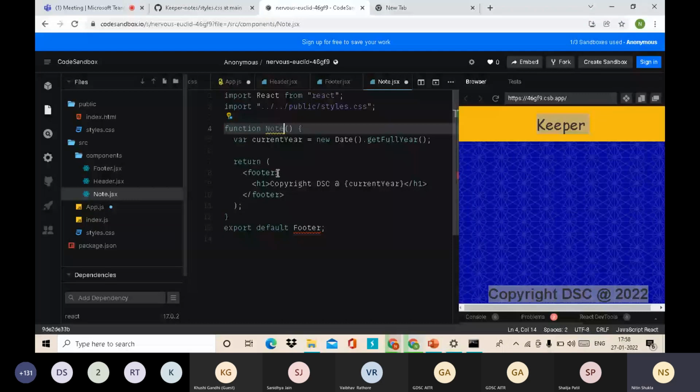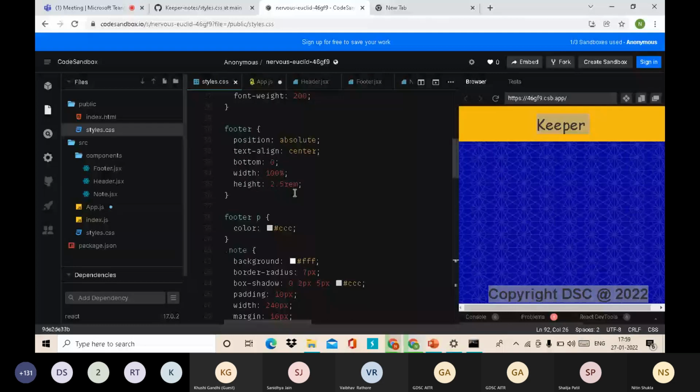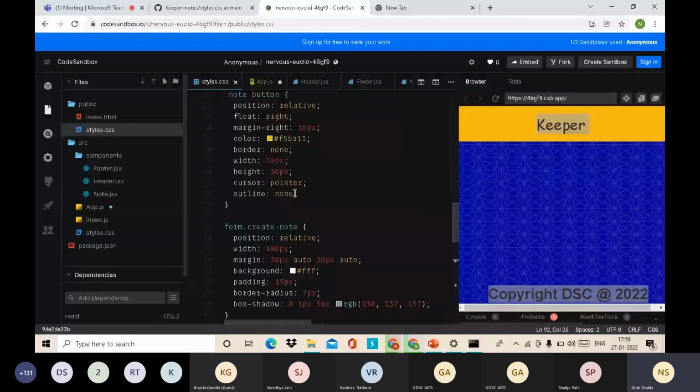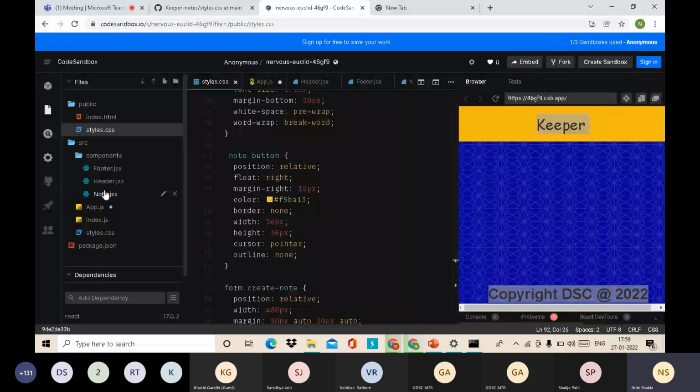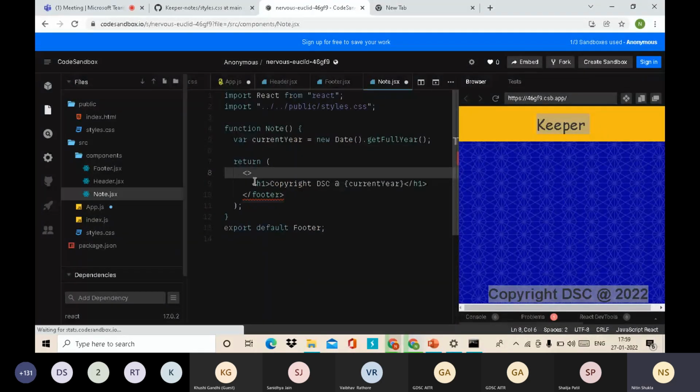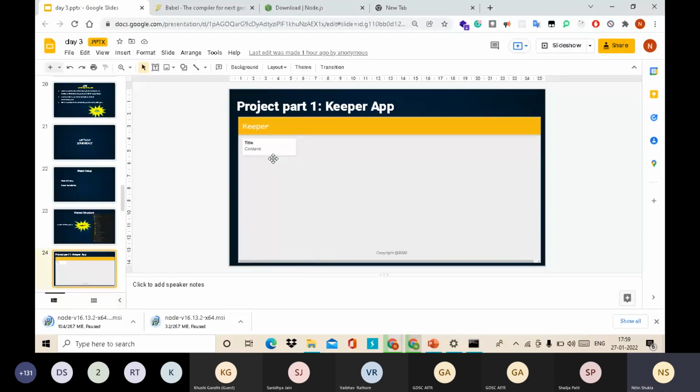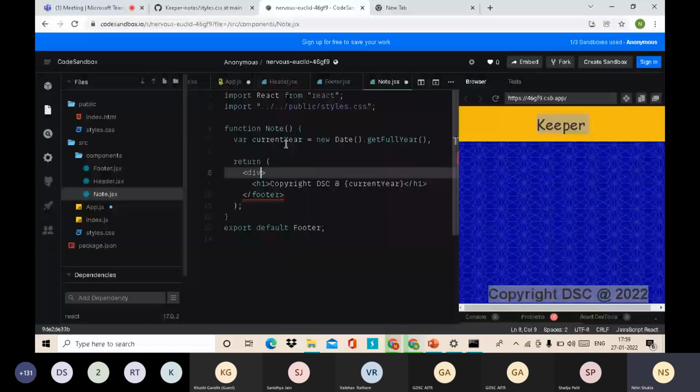In style sheets there is a footer Note component। Okay, yeah, for Note, for the card component, like we want this thing, we need to create the card component।